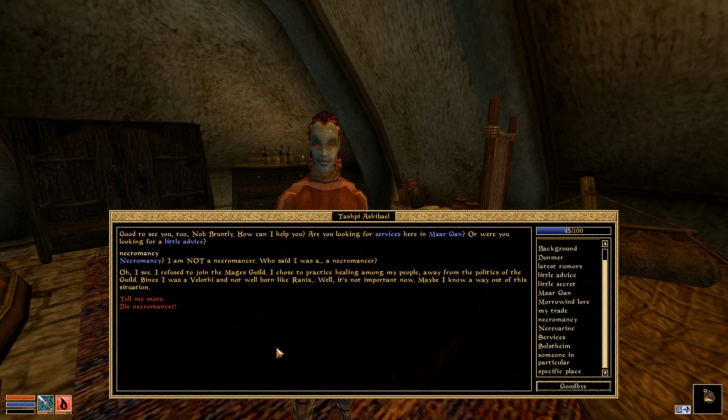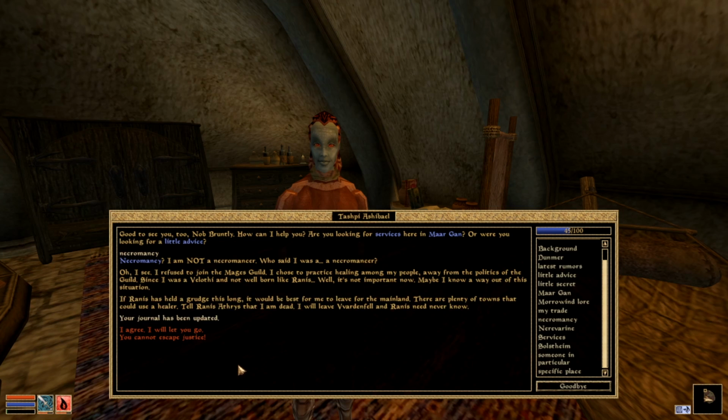I refuse to join the Mage's Guild. I've chosen to practice healing among my people away from the politics of the guild. Since I was Volothian, not well-born like Rannis, well, it's not important right now. Maybe know way about the situation. Tell me more. If Rannis had a grudge this long, it would be best for me to leave the mainland. There are plenty of towns that could use a healer. Tell Rannis Atheris I'm dead. I'll leave Vardenfeld and Rannis...